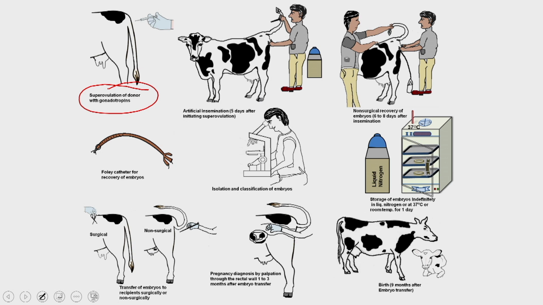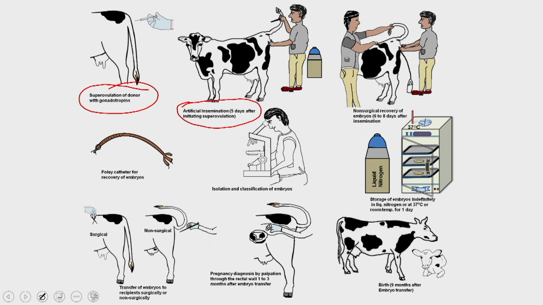Once you inject the gonadotropin hormones, it is going to start producing eggs from the ovary, and then you either go for natural intercourse, or you can use artificial insemination after the superovulation, and that artificial insemination is going to create